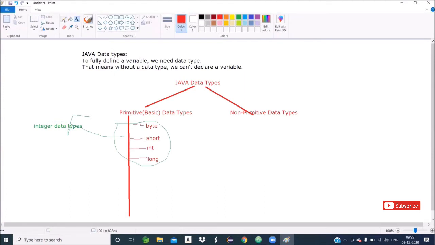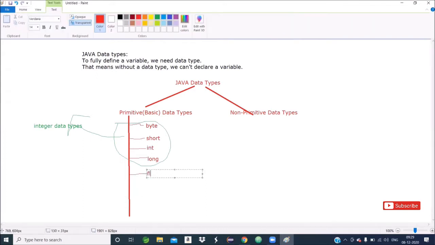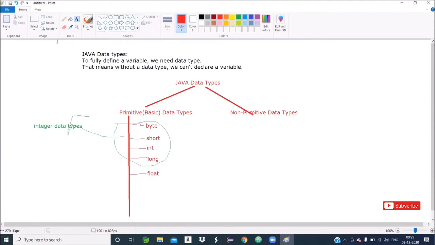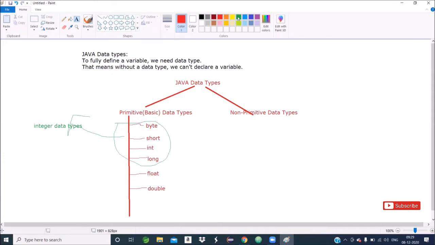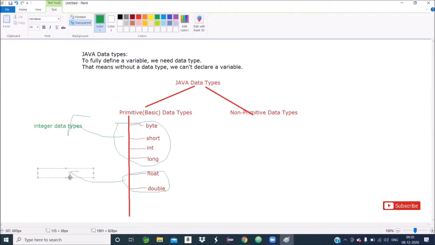Then float, then double. Float and double, these two are floating-value data types.